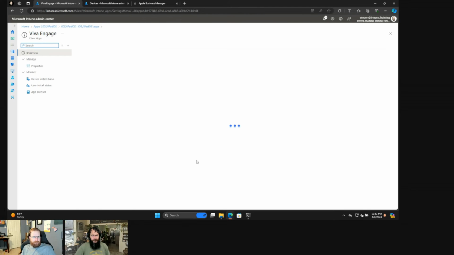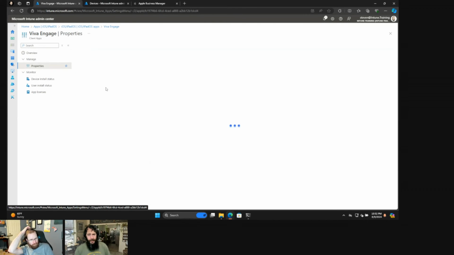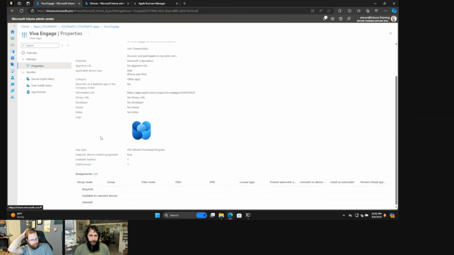And the thing is, VPP doesn't require a DUNS ID. You can just go and use any Apple ID to sign up for it. So that's an important thing to call out as well. So even if you don't have a DUNS for auto registration, you can still use VPP apps. So we're going to quickly go in and we're going to deploy the application as required